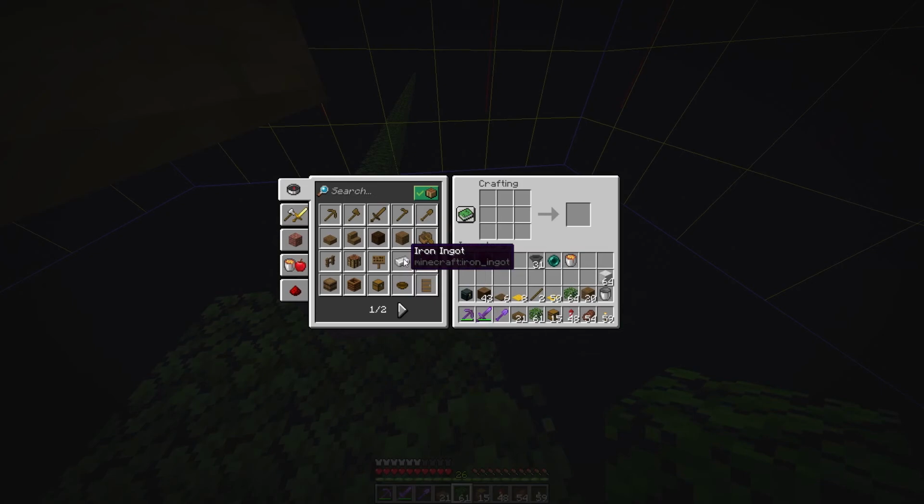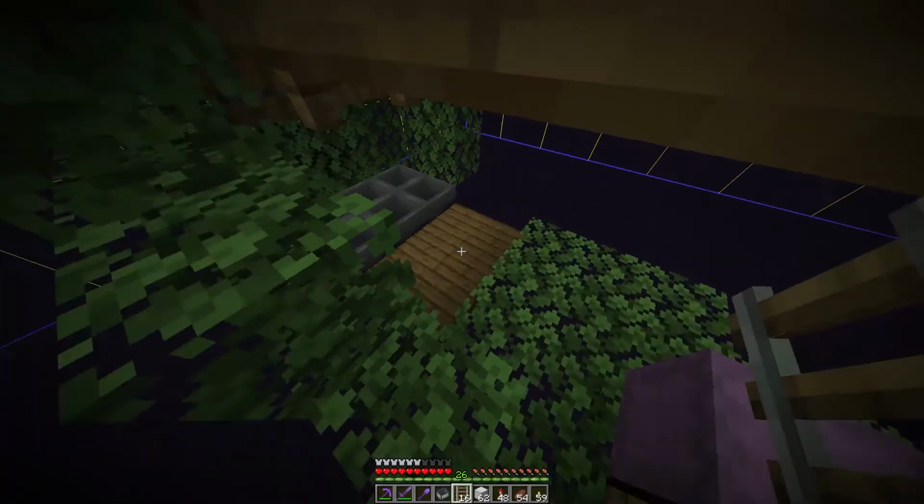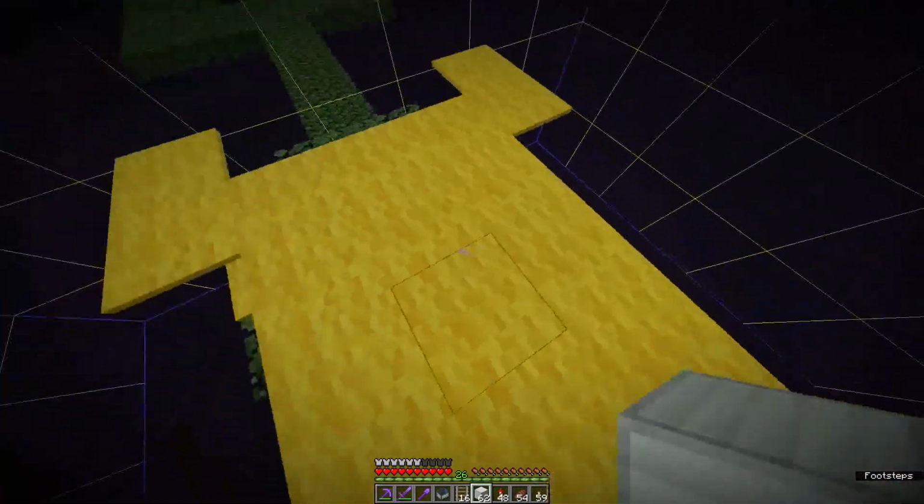So I didn't really watch the tutorial on how to put in the Endermite, so I'm just going to wing it, which may be a terrible idea. It may be a great idea. Great in terms of it will at least give good content. I hope. God, does this scare me. Alright, so